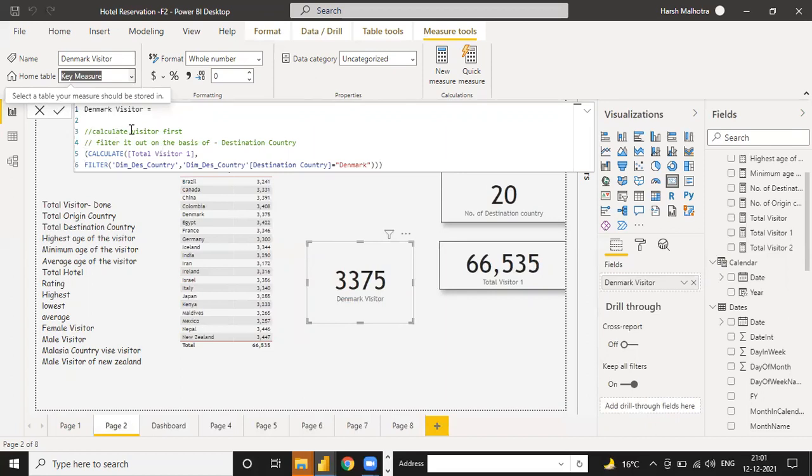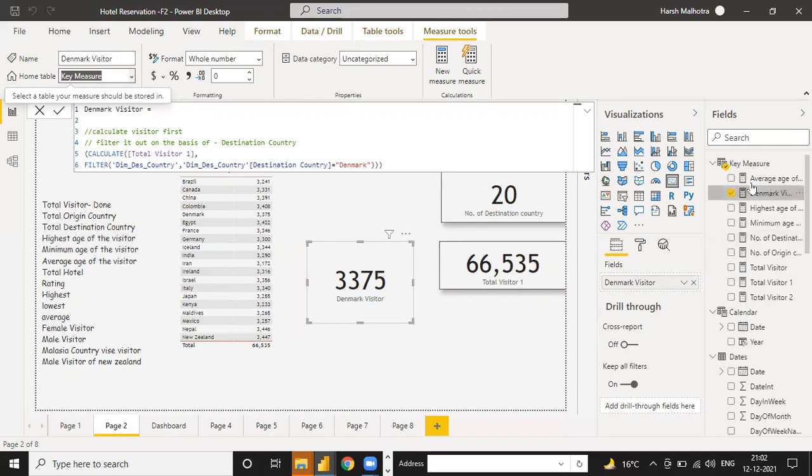So that's why we are not calculating this visitor again, because we can use our explicit measure. These are all explicit measures. Okay, an explicit measure is reusable for further analyzing of your data, because there are many more conditions. We will complete that too.